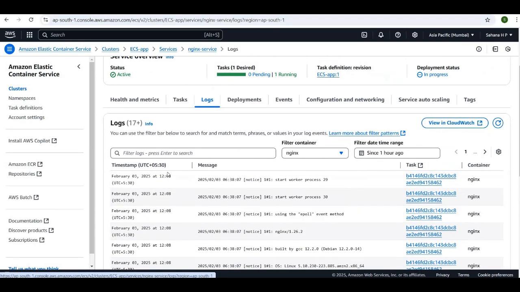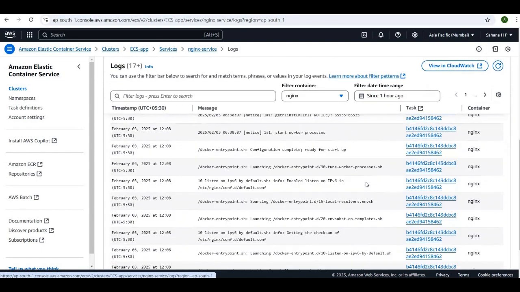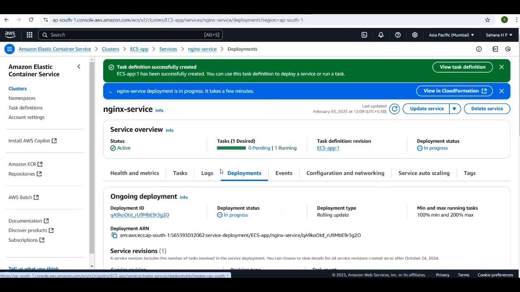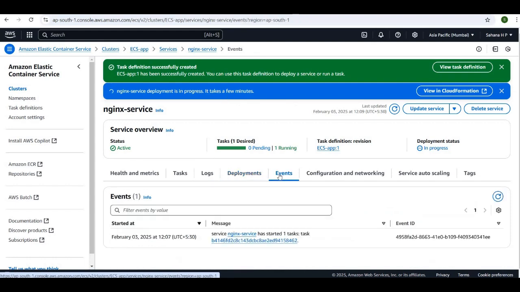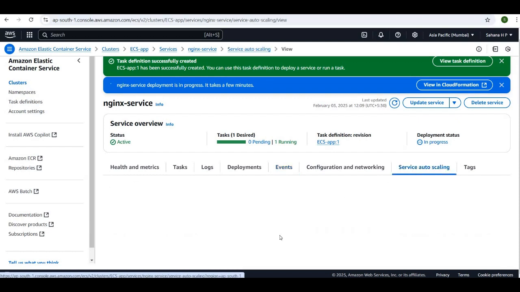Here we can see the log details, timestamp and the messages, the task we created, and which container it contains. Go to deployment. It's in progress, so it still takes time to deploy. Go to events. Here we can see that on February 3 it started, and the message says it has started one task, and it contains the event ID and the service auto scaling,